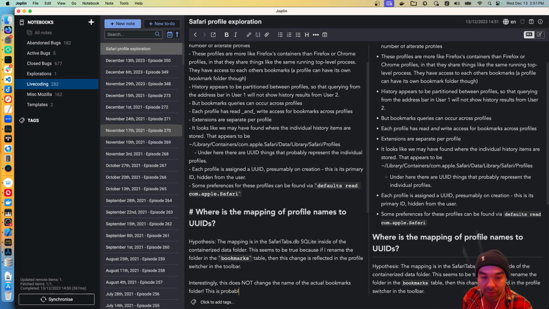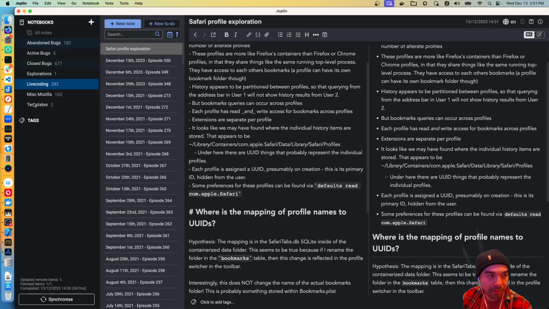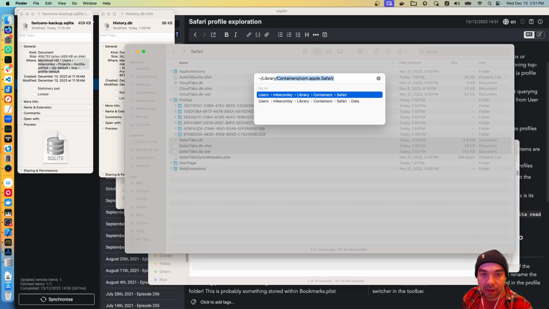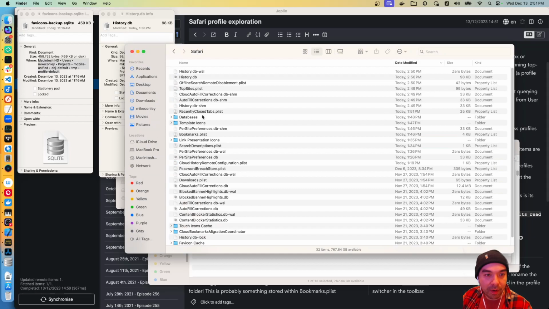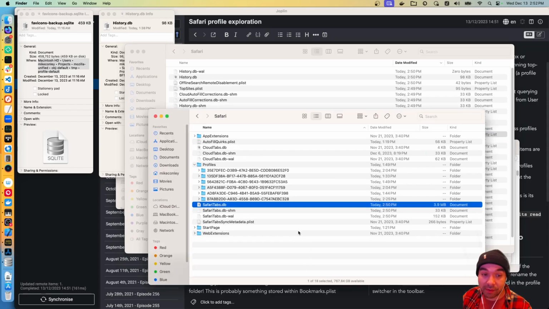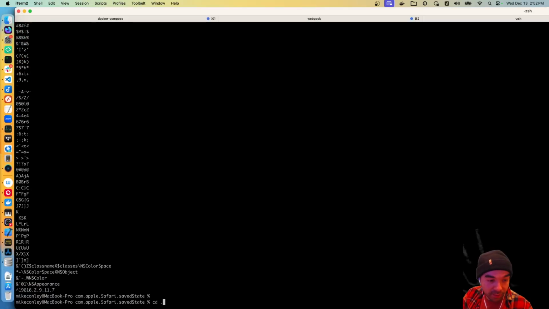This is probably something stored within bookmarks.plist. Let's find out. Did I already try evaluating that? Is it in bookmarks.plist? Safari bookmarks.plist last touched today at 1:46. That's possible. I'll put it in here for now. Bookmarks.plist, and if I look for the term,